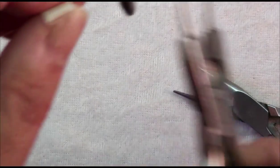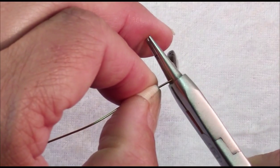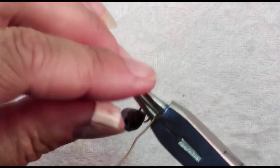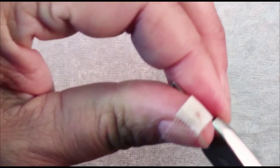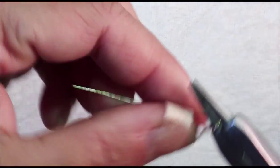And then just like before, tuck in our round nose pliers. Remember, we're doing it at the base to make a wide loop, a big loop. Wrap it around, reposition,